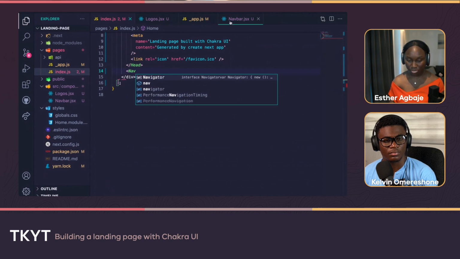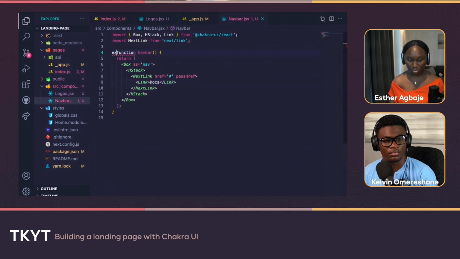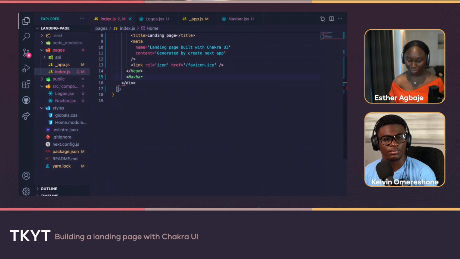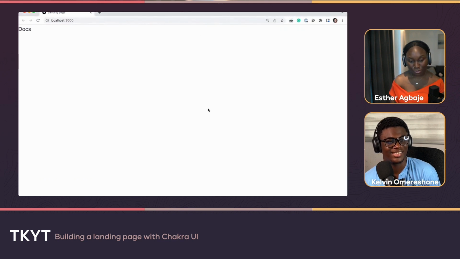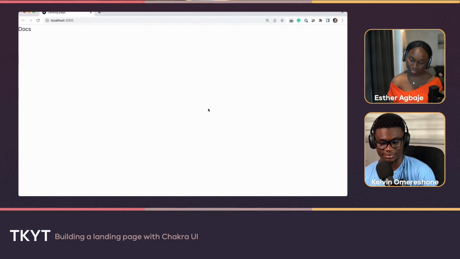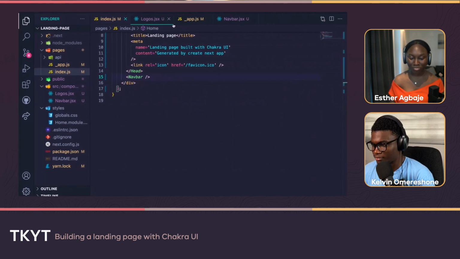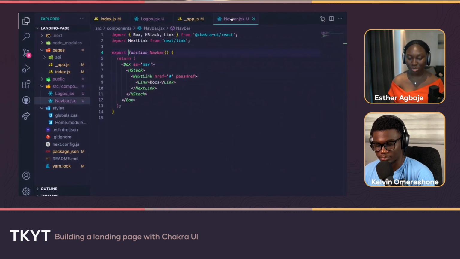Am I exporting it? Let me export it. Let me just render the navbar so we see every single thing that we are working on and it's not looking like magic. Cool. So we have our docs here, right? We still have a couple of things we need to fix. Let's go back to the navbar. We realize that first off we need to give